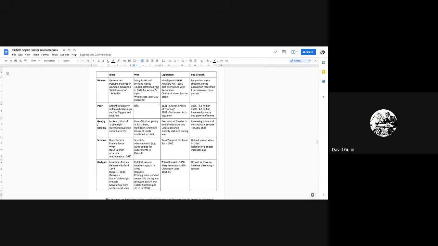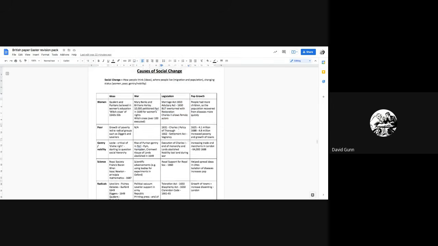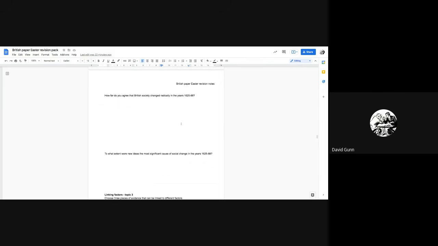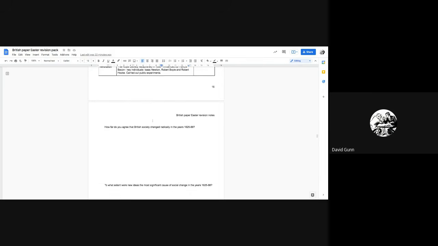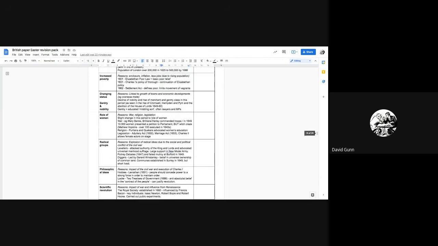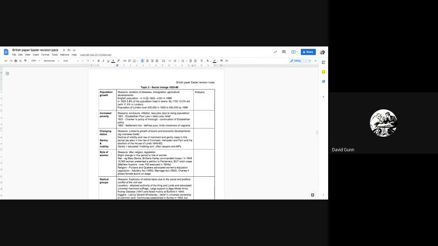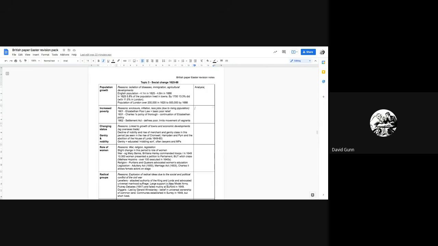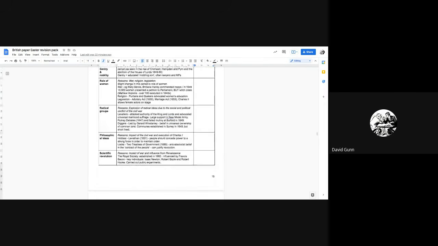There are changes. Some things change, and I think something like population growth does change things across the period. So there is some change in 88 to 25, but there's a lot of similarities, and things like the legislation affecting women, for example, the religious toleration, a lot of those things actually were reversed. So that's something you can think about. So if we just have a look at some key questions here. Another way you can do it is the analysis of these different areas. So here's some key evidence. You can just analyze the extent to which things changed.